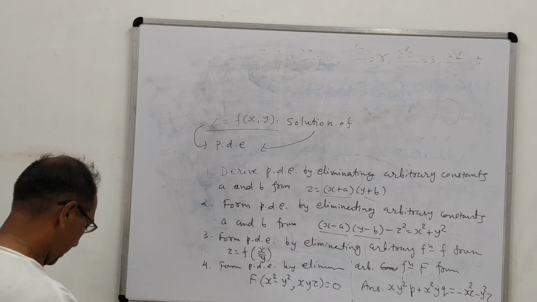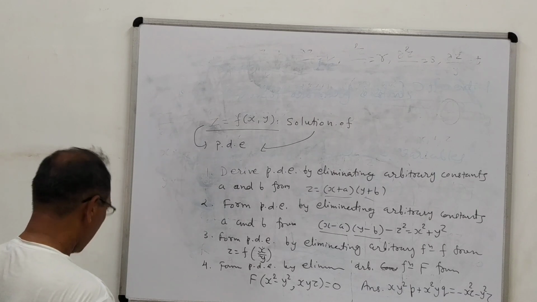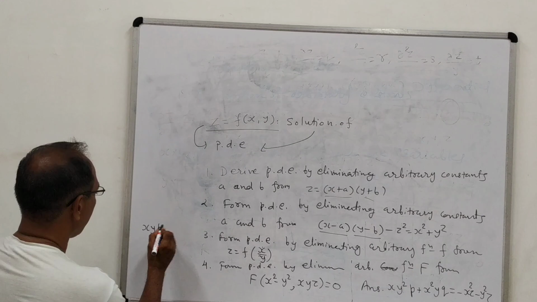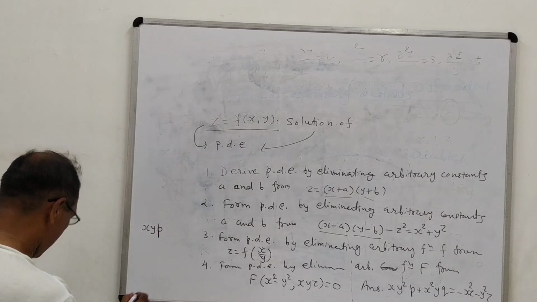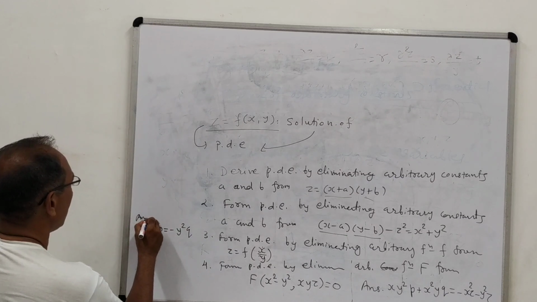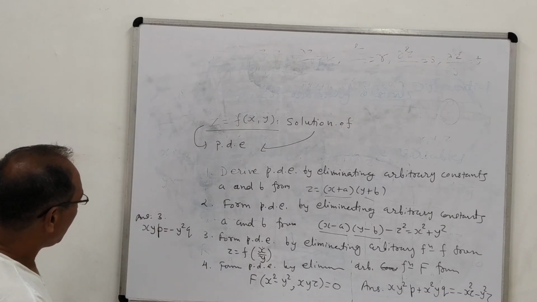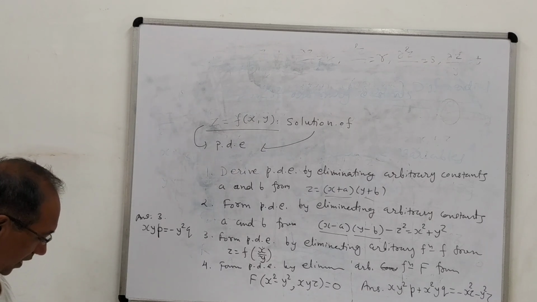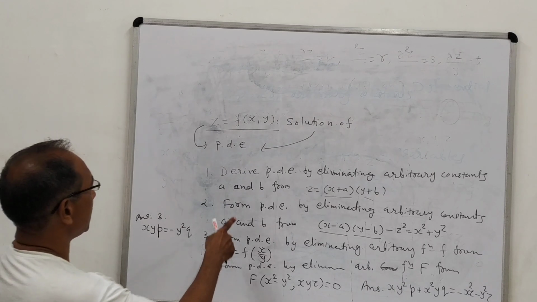So the answer for this is x y p equal to minus y square q. Answer of third example, where small p is del z by del x, small q is del z by del y. Then the answer of second equation